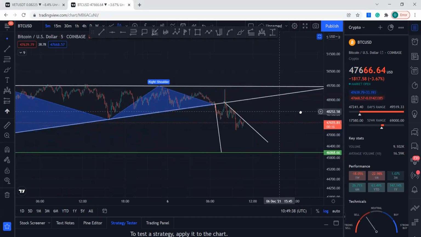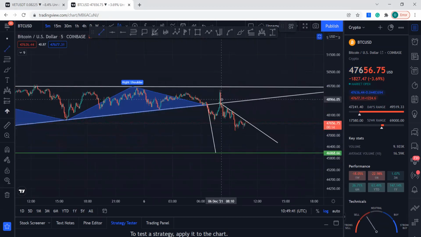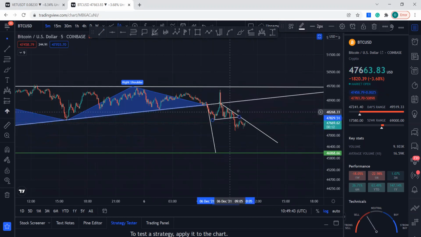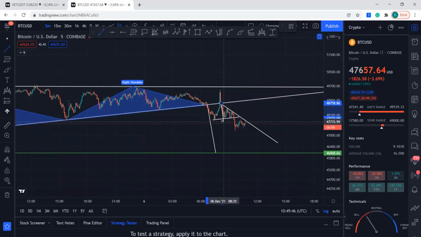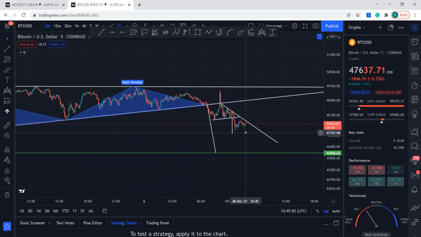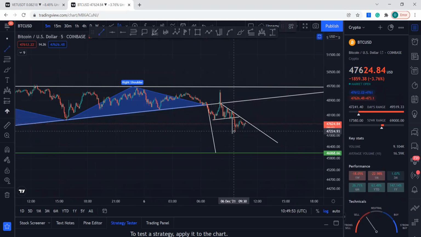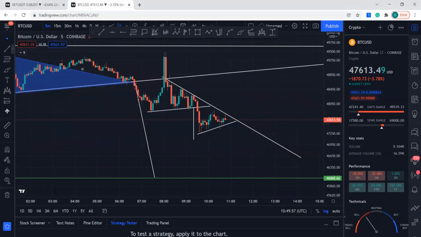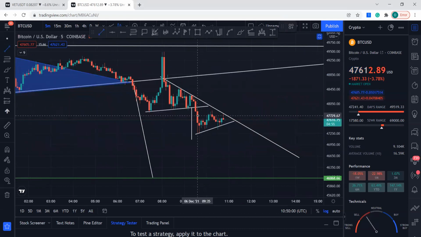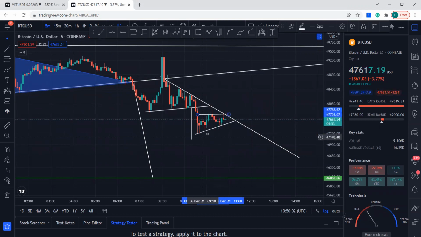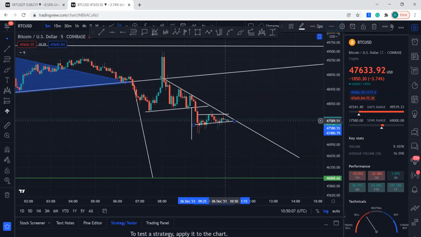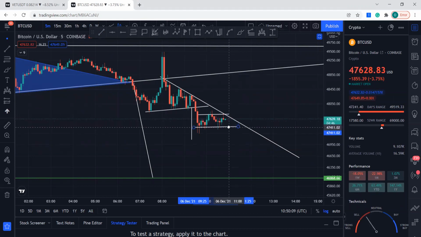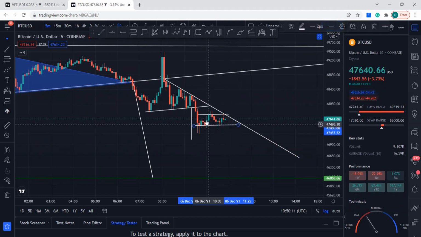And then now it created something within this. When it broke out, it created a descending triangle, and the target was right over there. Now it hasn't met it yet, but let's see what happens. But now over here, it's trying to make, what is it? Okay, it's making higher lows, and now it could be considered as a bearish